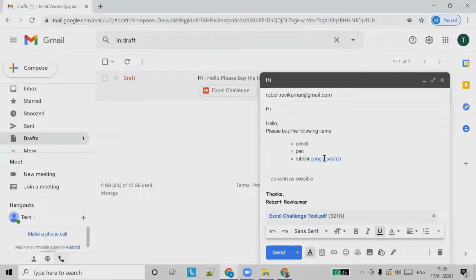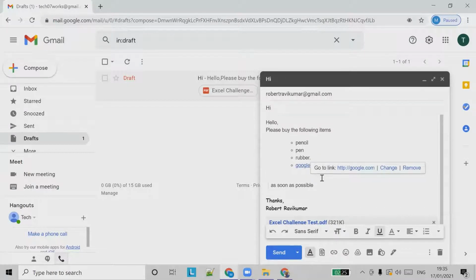Now you can see the link attached. The text that should appear appears, and when you press Control and click it, it goes to google.com.